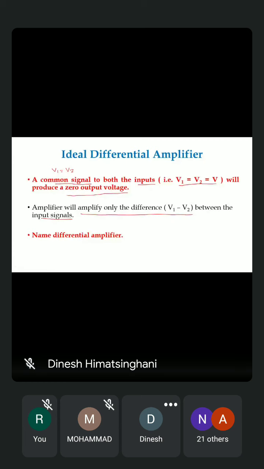Okay. So I'm just giving you a couple of seconds. We will just go through this. This is the first block diagram of a differential amplifier, two inputs, output V1 minus V2. Just take a couple of seconds, look at the diagram. Look at this diagram. I'm going on to the next slide.